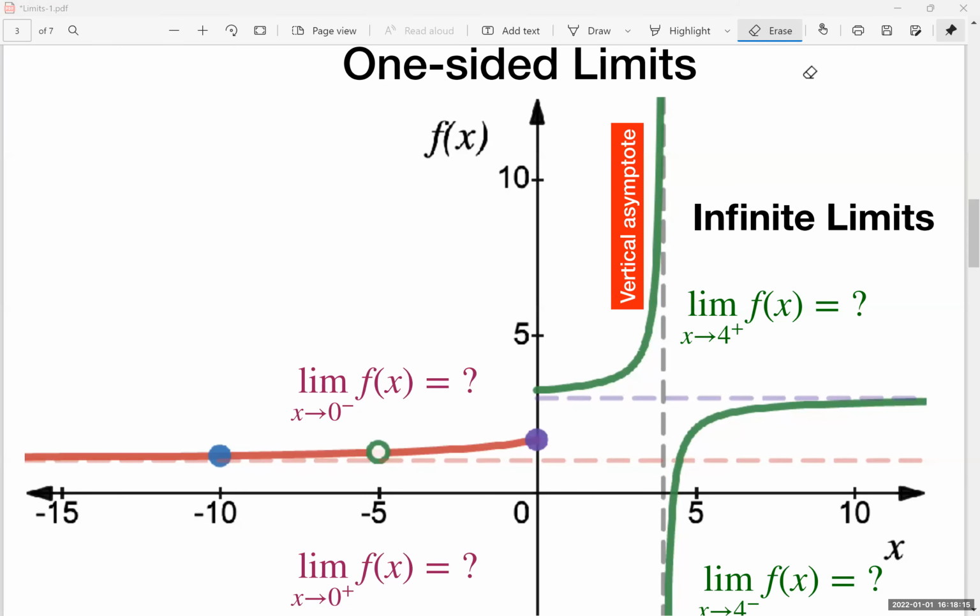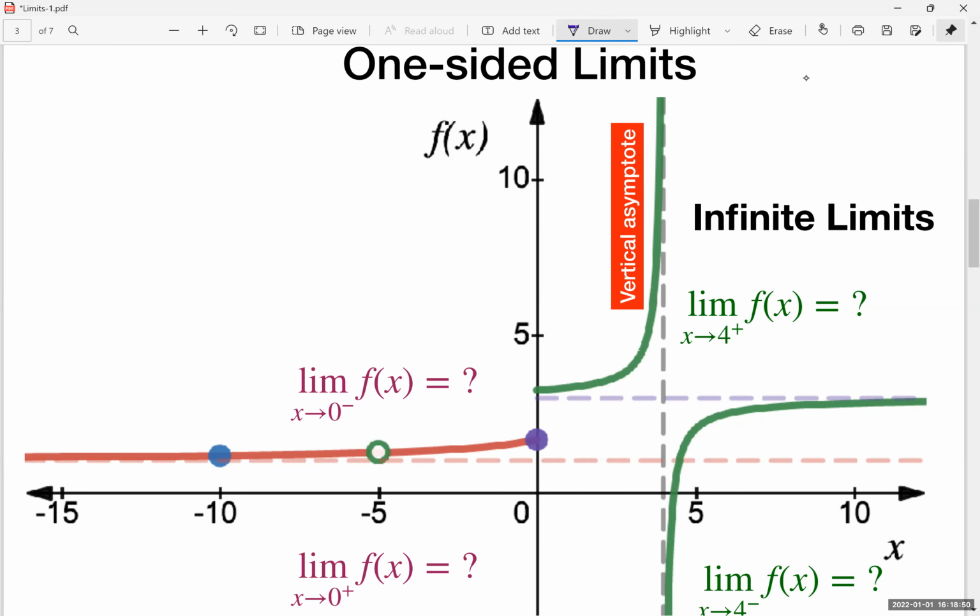So at the points where the limit doesn't exist, we can evaluate the one-sided limits, which means we want to figure out the limit of the functions when x goes to a certain point from the left or from the right. So the notation for the one-sided limits is almost exactly the same as the notation for two-sided limits, except if you have